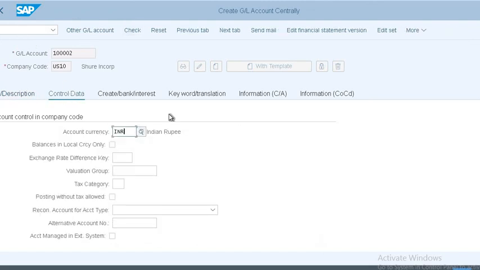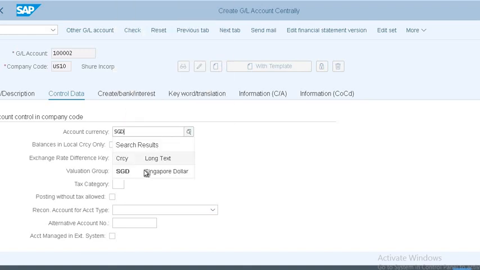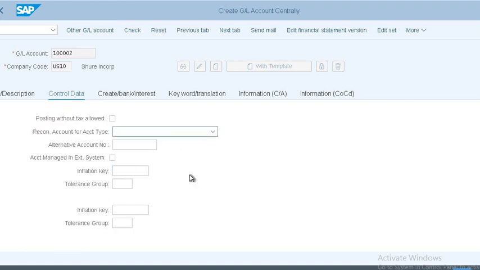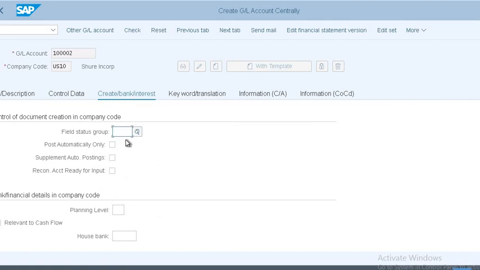So here only balance in, so now you are going to take a loan in some Singapore dollar. Okay, this is not required. Short key, just keep it as something, keep G01.